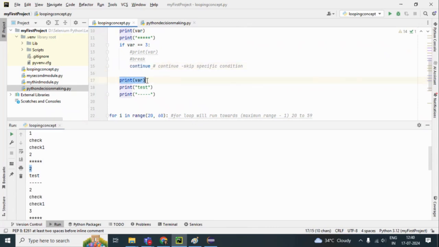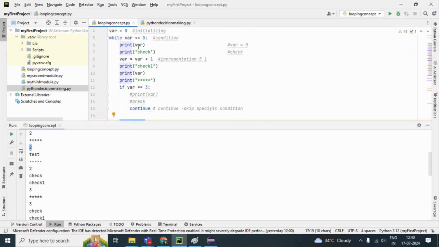not print the test. Suppose when it becomes 3, it will print 3. No, no, no, because